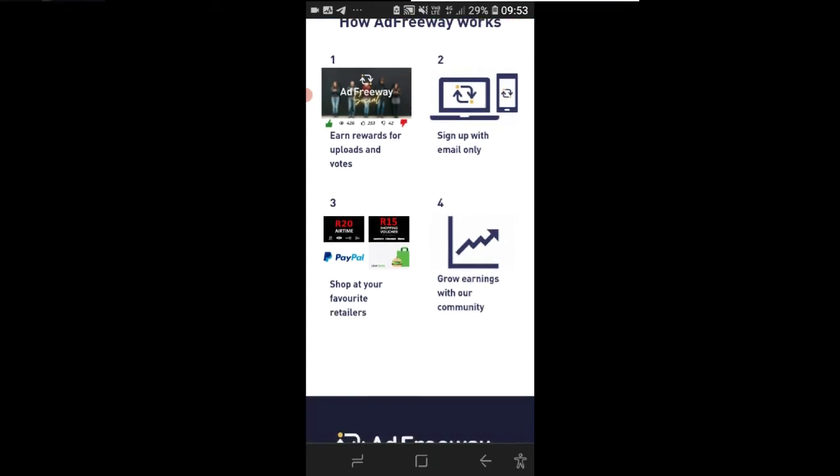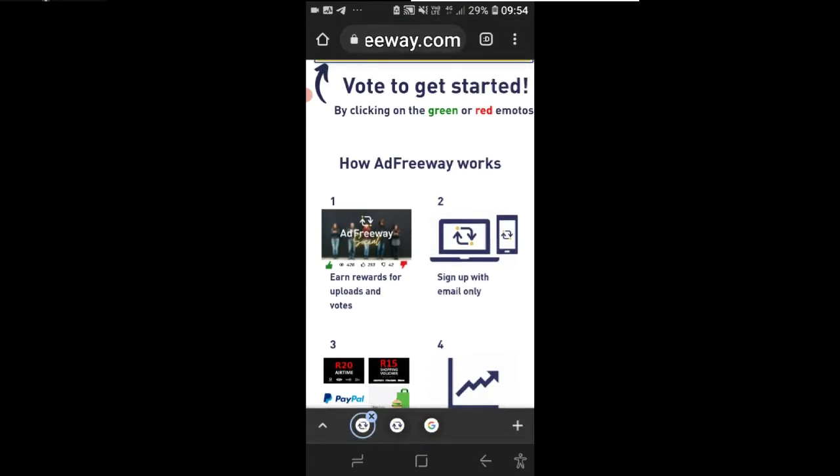Number three, shop at your favorite retailers, shopping vouchers, PayPal and Uber Eats, depending on you. Number four, grow your earnings with our community. So that's how it works.